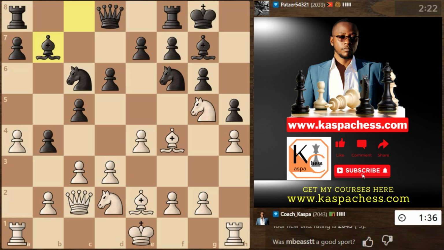Or what can I do? Maybe I play f3 and then pawn to g4 so that later on I can push my h-pawn. Yeah, let me try f3. So the plan is to go g4 next. If pawn takes, I'll have...